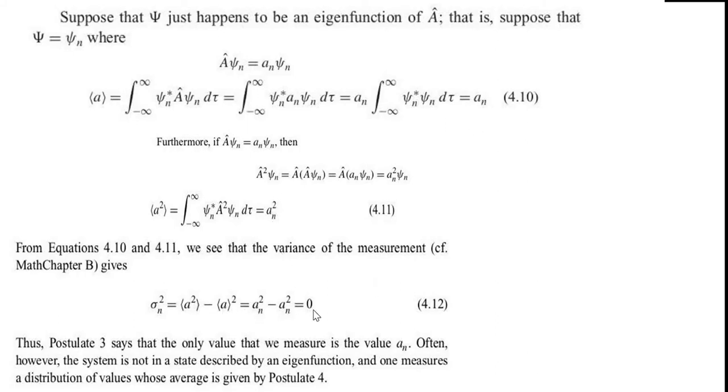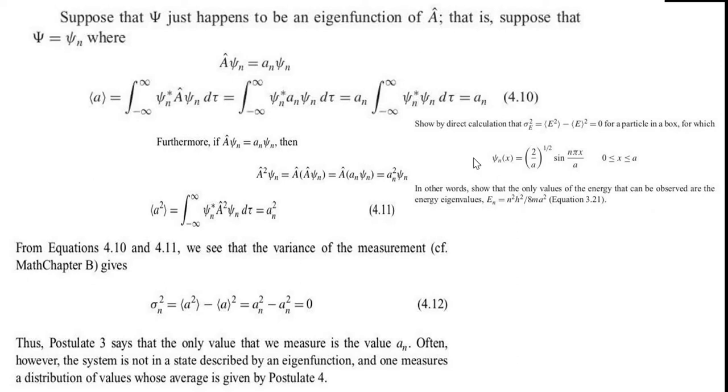So you are getting 0 as expected, because this time you are supposed to get all the values a n, so there should be no standard deviation. This is variance, and square root of this is standard deviation. So if this is 0, then square root of 0 is always 0, so there is no problem. Okay, so this is a further verification, it's not that important,